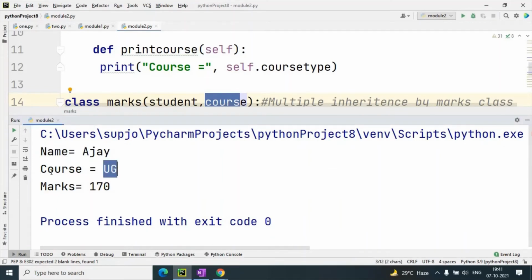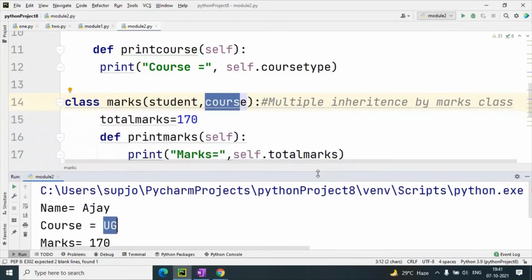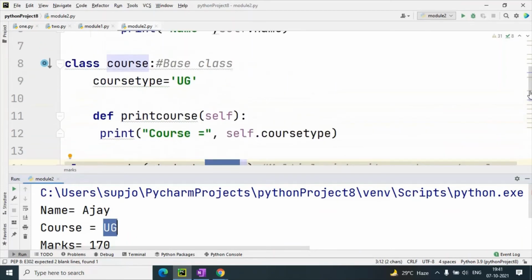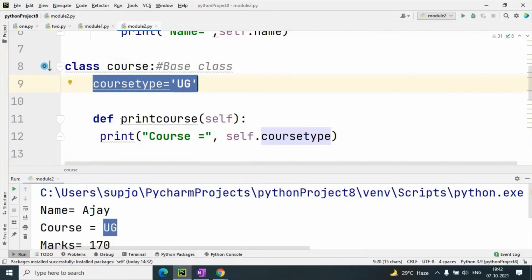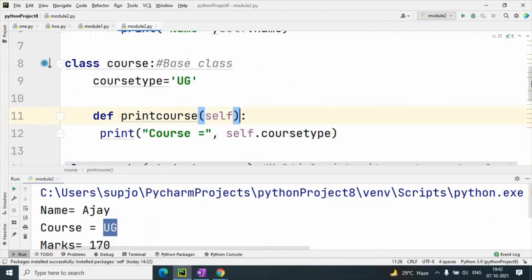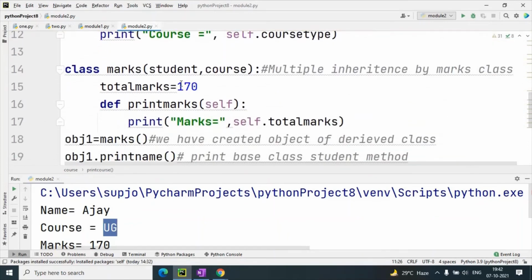This course is a property of another base class, that is course class. Here course type is a property and its method is print course. So both are available for derived class marks.